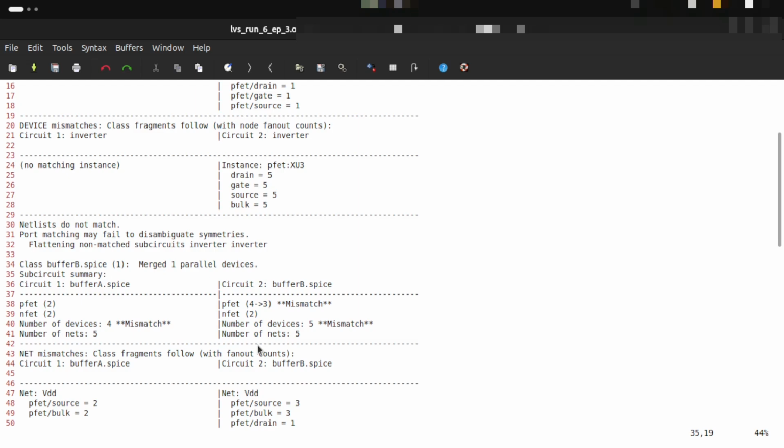So from the schematic we are getting one more transistor, whereas from the layout extracted SPICE file we are getting fewer devices. So that's all for today's discussion, and we have completed 3 examples till now and their